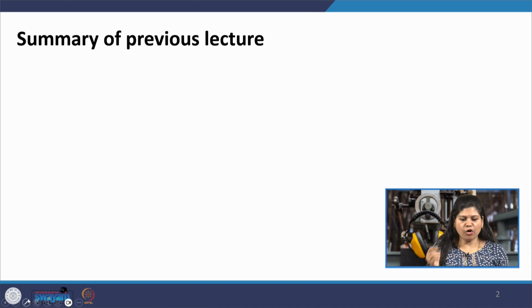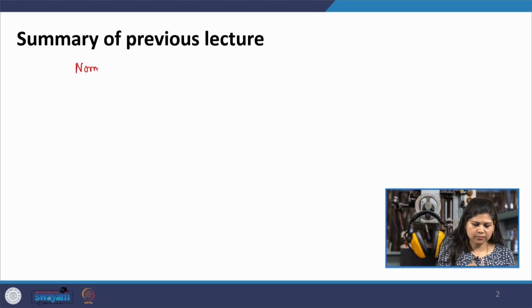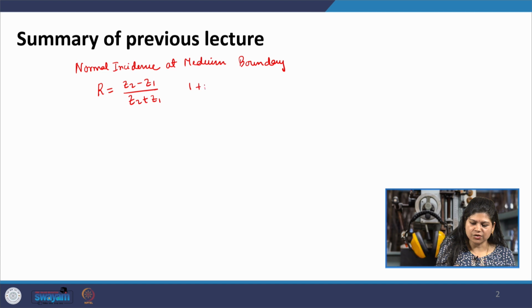For the normal incidence case, we had the reflection coefficient as Z2 minus Z1 upon Z2 plus Z1, and the relationship between the reflection coefficient and the transmission coefficient. Then for oblique incidence,